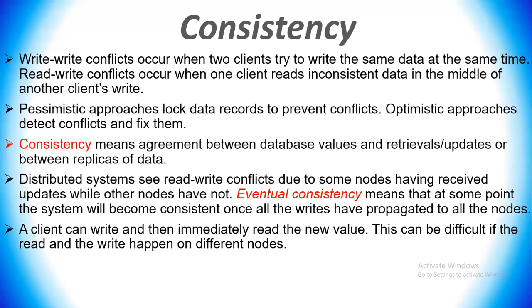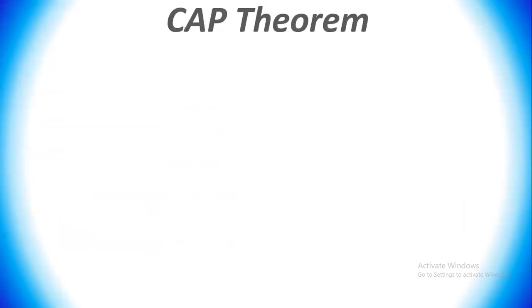So even if the same user does a write operation and then immediately reads the new value, I may read a different value because of eventual consistency. Because we don't know from which server the data is coming, we may retrieve inconsistent data. That is a fact you should know about